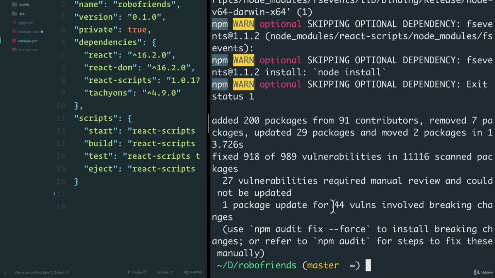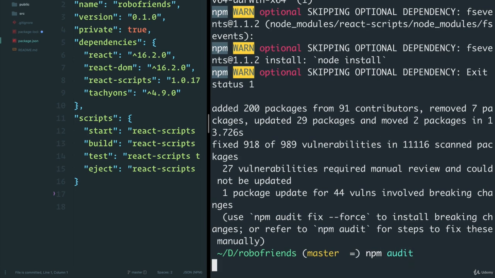And you see here that it's mainly because some of them require what we call breaking changes. It might break our app. And this is the trade-off when updating libraries. You are using an older version of a library that may have changed and now breaks your app completely. So sometimes you want to go one by one to actually check and see what the changes are in these libraries. Now, if I run npm audit here,